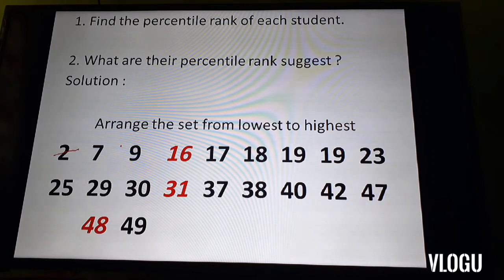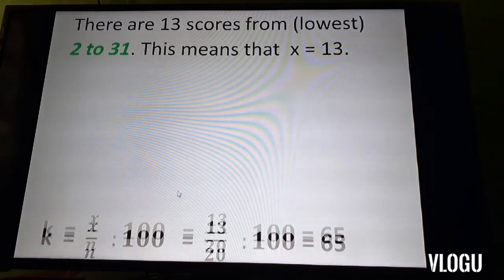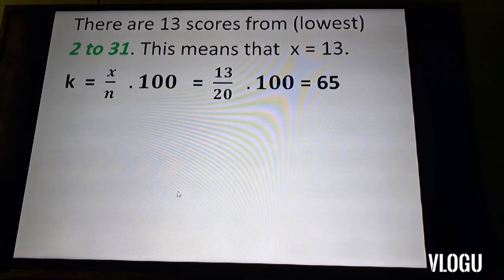1, 2, 3, 4, 5, 6, 7, 8, 9, 10, 11, 12, 13. Ang ibig sabihin nun, ang atin pong x is equals to 13. Kasi mula sa lowest score hanggang sa score ni Mario, nakapag-count po tayo ng 13 data entries, which is the